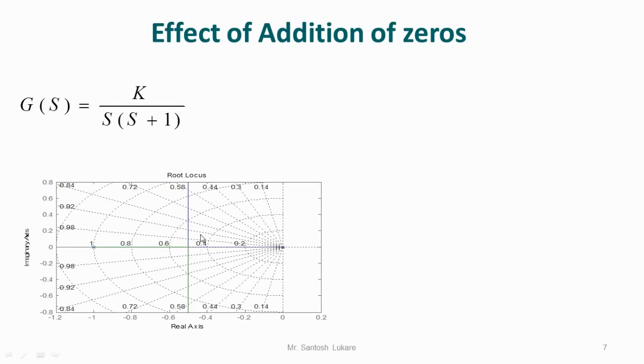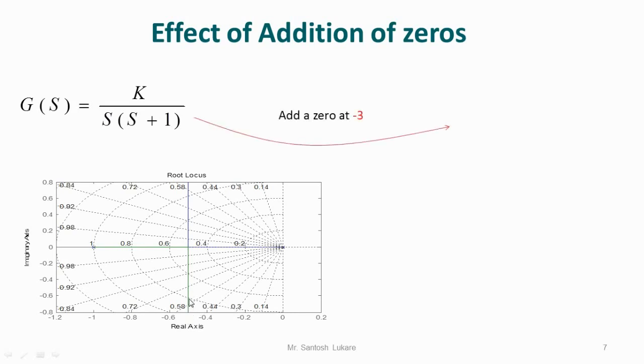Here it is observed that the root locus of the system has two branches. The first branch starts at s = 0. It comes towards the breakaway point and simply travels parallel to the imaginary axis. The second branch of the root locus starts at the open loop pole at minus 1, comes towards the breakaway point and simply travels parallel to the imaginary axis in the S-plane.